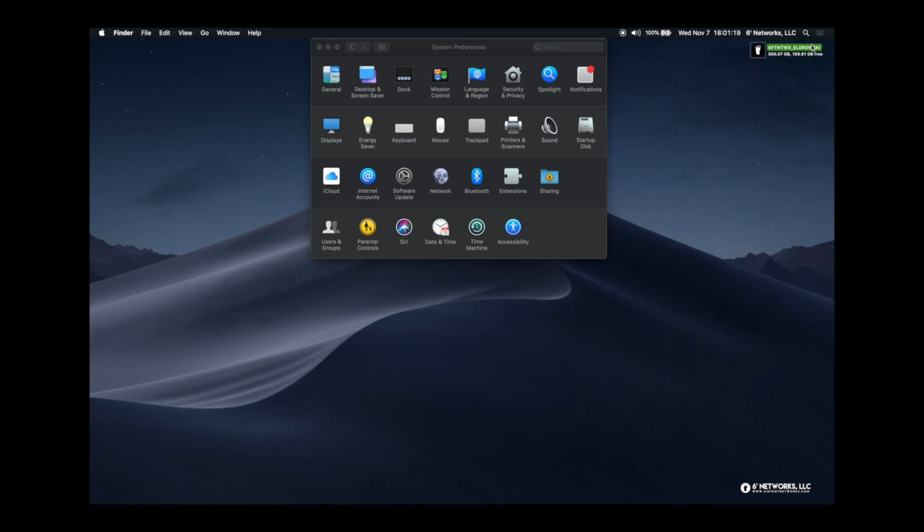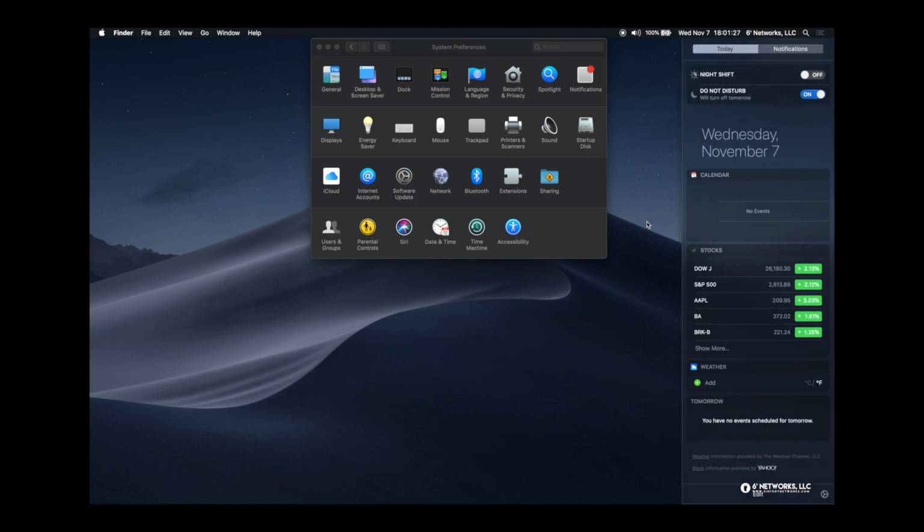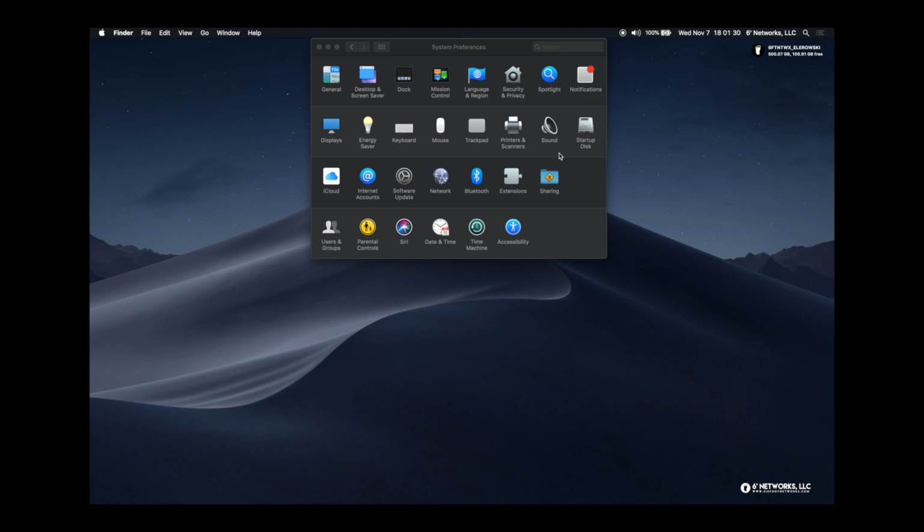I use it on one of my work machines that I use for office type work, for emails and calendaring. So that's the first row there. The next row is basically system level settings. So here you can specify